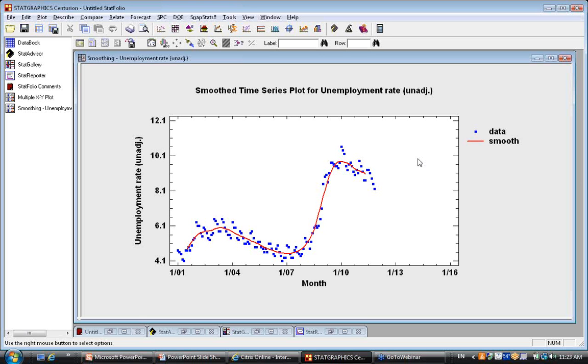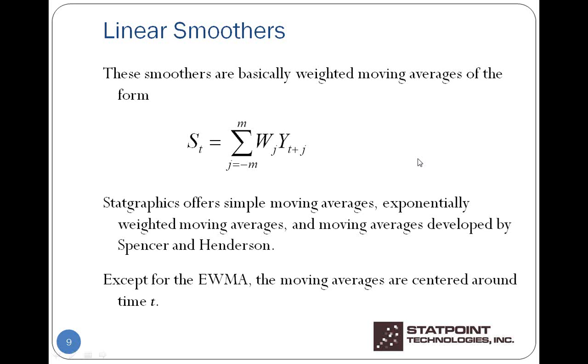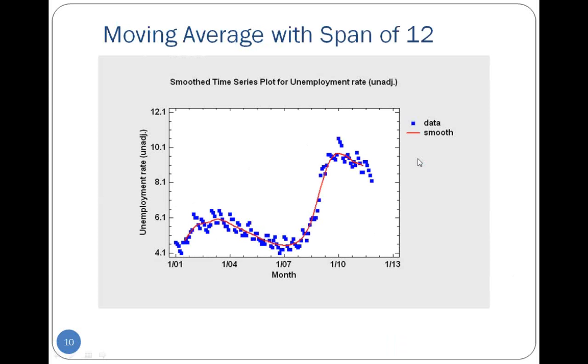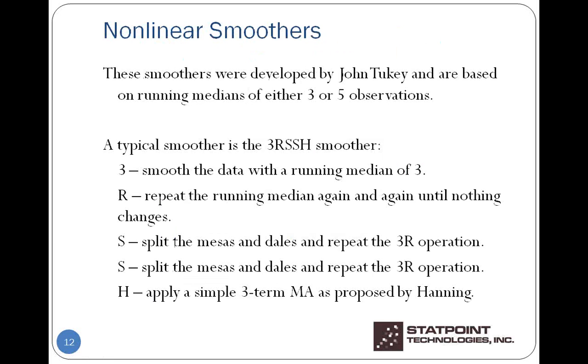Okay, now that's a linear smooth. As I said, Statgraphics also provides a number of non-linear smoothers. These were developed by John Tukey and are typically based on running medians of either 3 observations or 5 observations. You know, instead of taking a moving average, you take a moving median. Now, Tukey had a whole special notation for describing his nonlinear smoothers. A typical, widely used smoother is something that Tukey called the